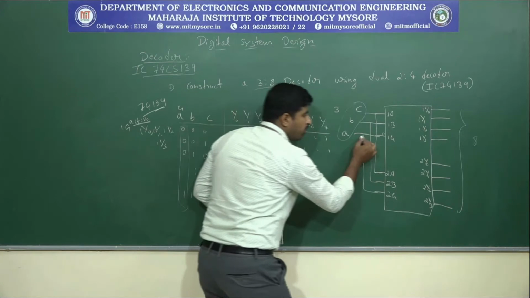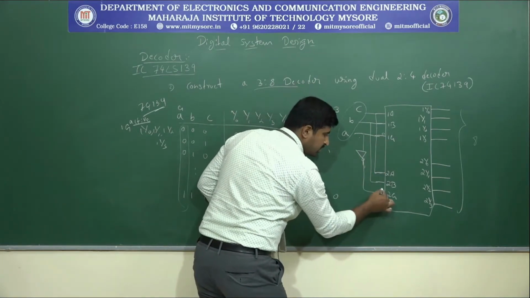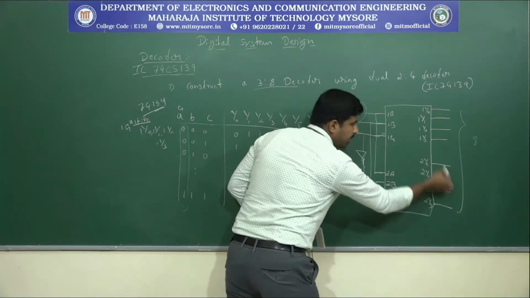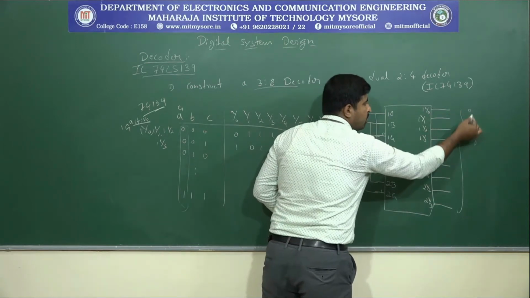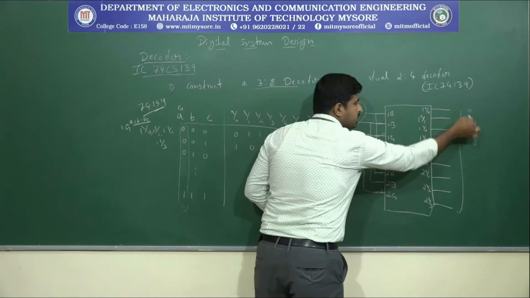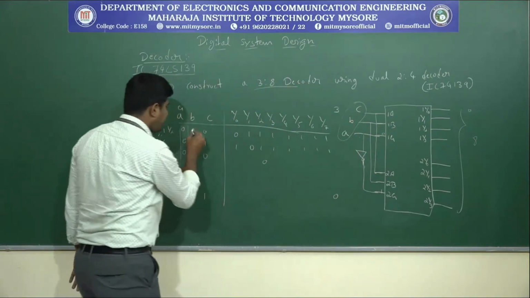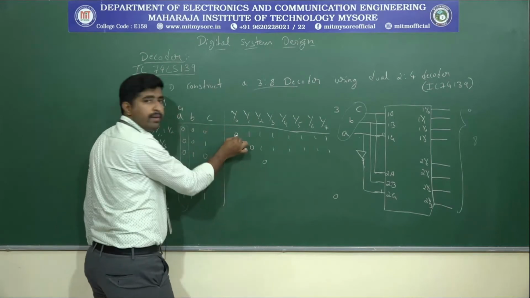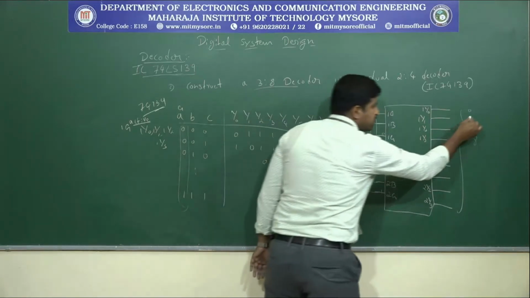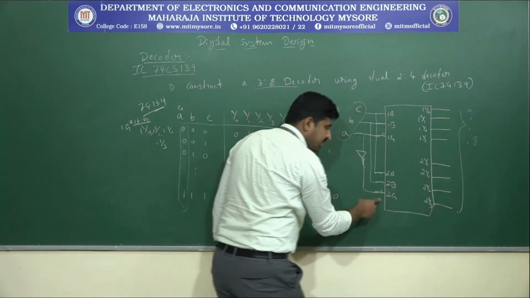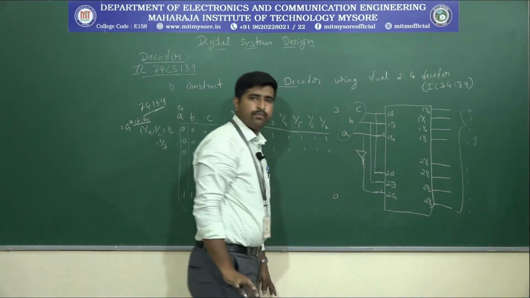Okay, see here we are going to get logic 0 here, which means this will be enabled, and this will be logic 1, which means this part will be disabled. When this part is disabled, only this output will be enabled. This can be 0, which means according to these inputs this will be 1. According to these inputs, this is our B and C. See, B and C are 0 0, Y0 will be enabled, and the remaining will be disabled. And since we are giving logic 1 here also, these all three are again disabled.